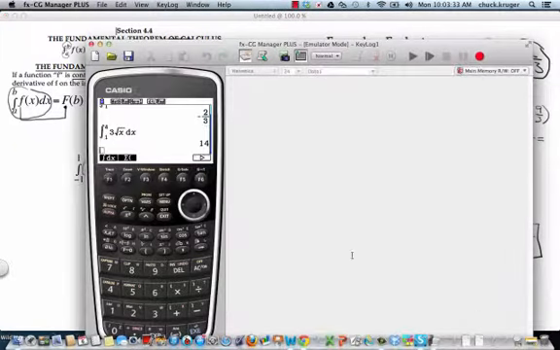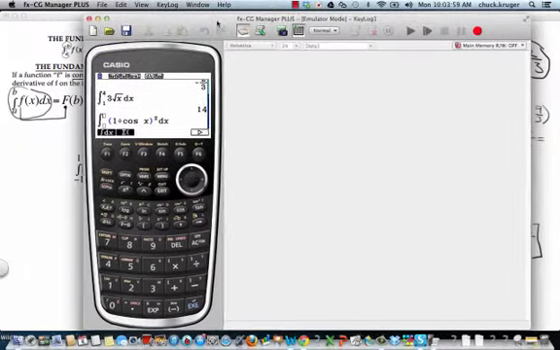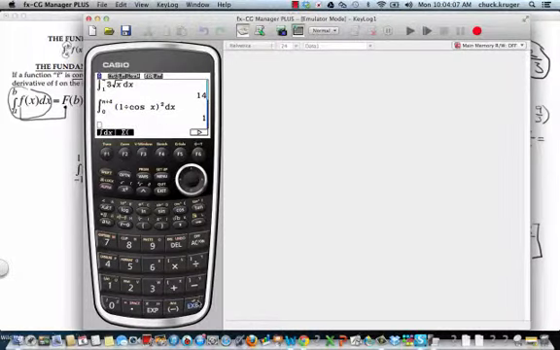Again, I will just check my work. So I'm going to integrate. And I'm going to have parentheses 1 divided by cosine of x parentheses squared. And remember that's secant, and over here I'm going to have, I gotta get to pi here, shift pi divided by 4, 0, execute, and I get 1 as my answer. Alright, so that is the basics of using the shortcut